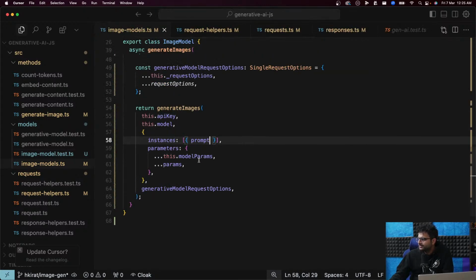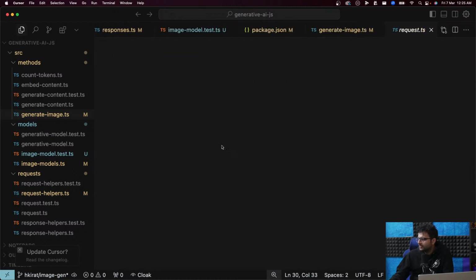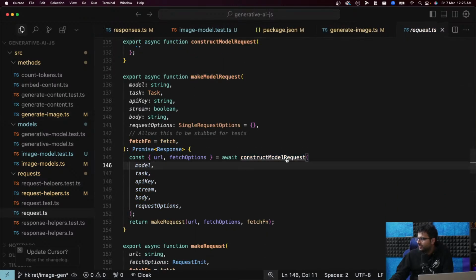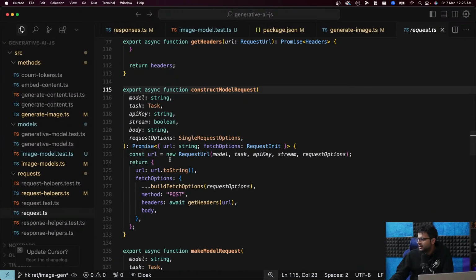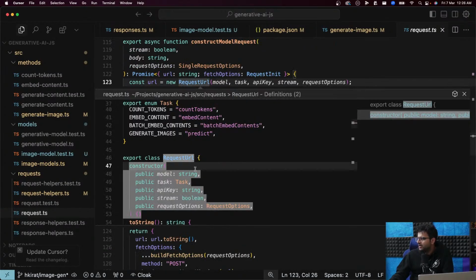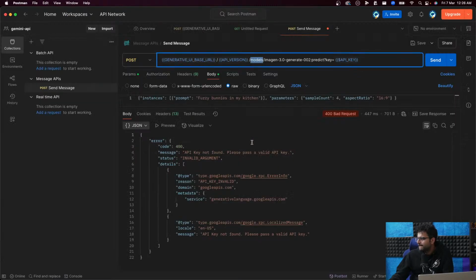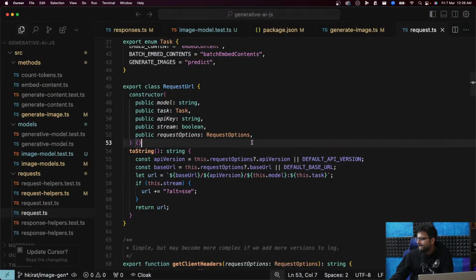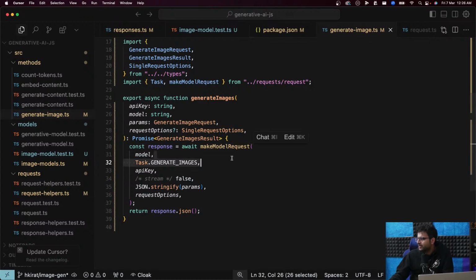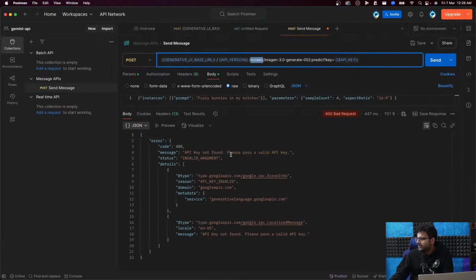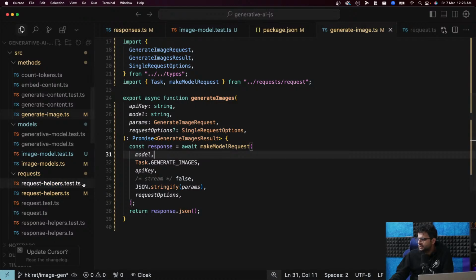Let's see. Make model request, construct model request, new request URL. That probably comes from here. toString, base URL, base URL/API version/this.model. How is this working for generate text though?